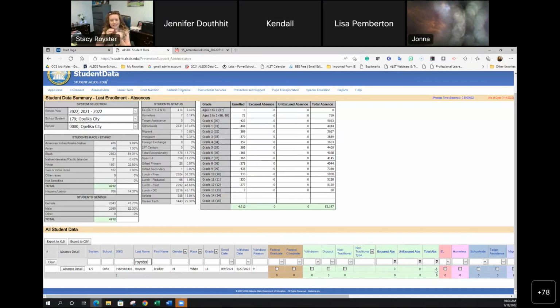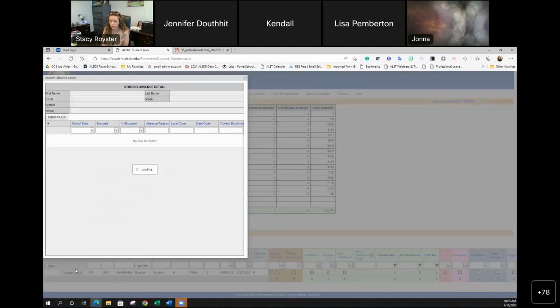If I want to see the exact dates it is showing for his absences, because maybe when I look in PowerSchool, I'm seeing 8 absences or 12 absences or 2 absences, I'm seeing a mismatch. If I want to see what dates the state is seeing, over here on the left is this attendance detail tab. When I click on it,